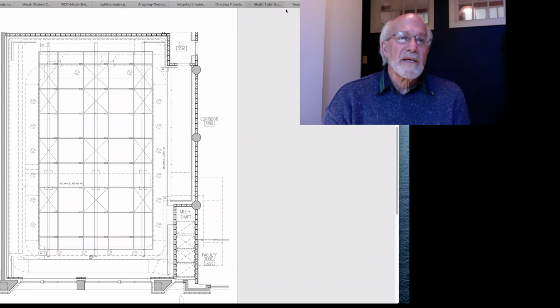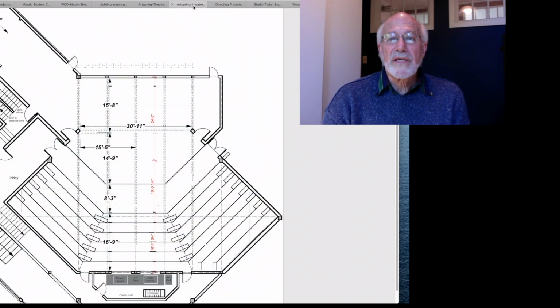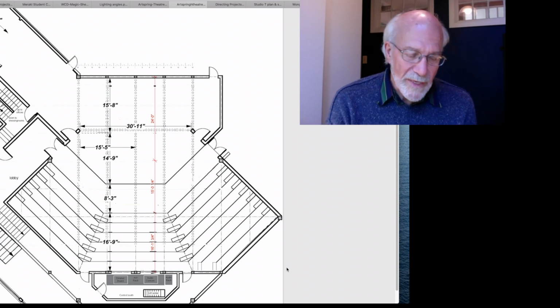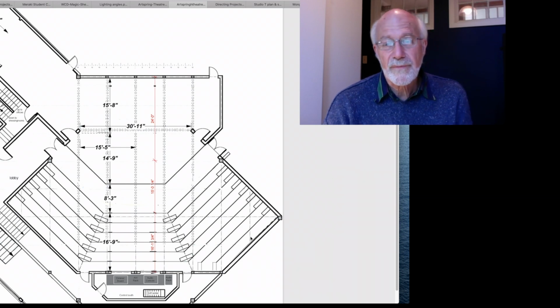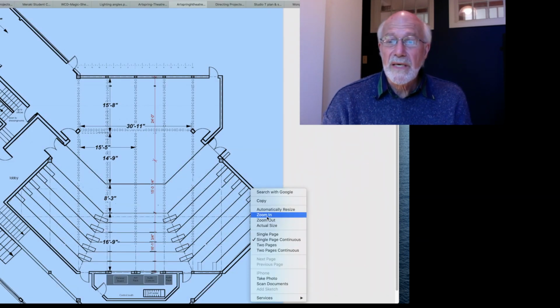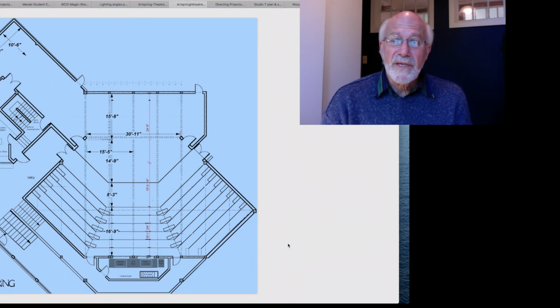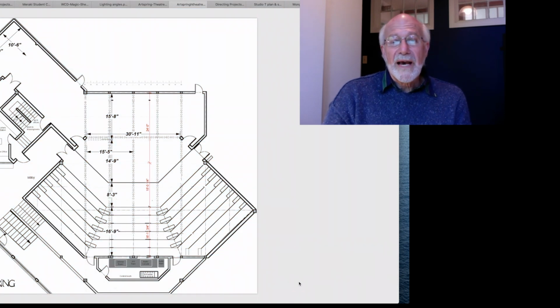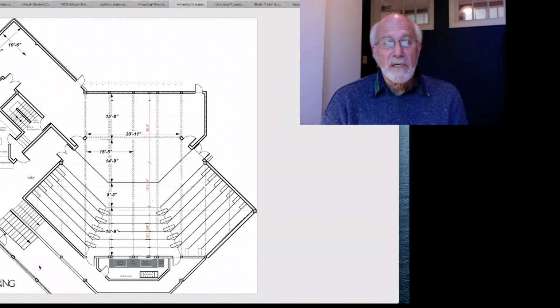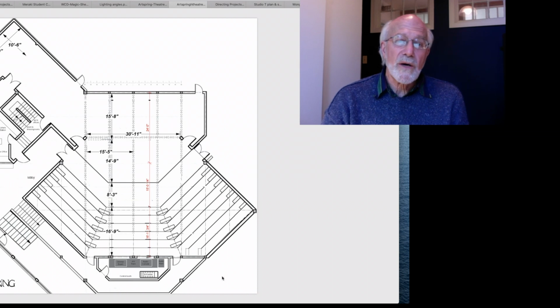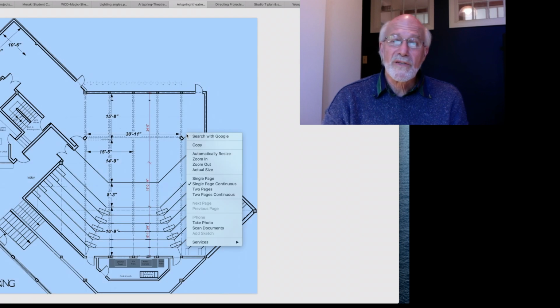So if I go back to the Art Spring Theater, here's one of the drawings out of the set of information that you can get as a designer or anybody coming in. And this tells you the actual sizes of things on the stage. And when this is printed out, now in this case it's measured, which is very handy because I can actually